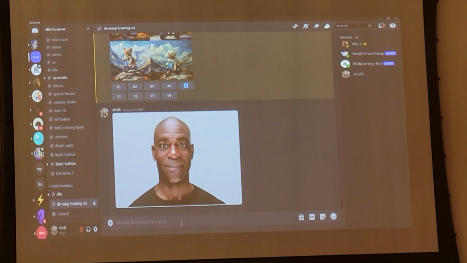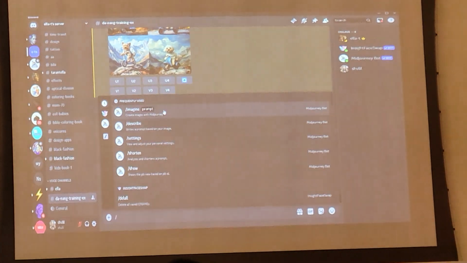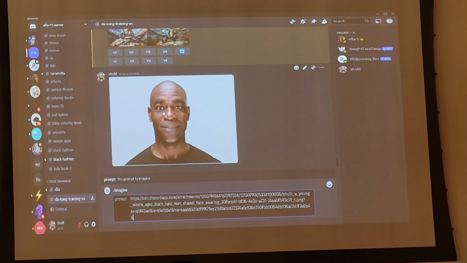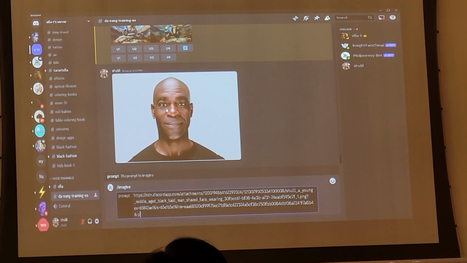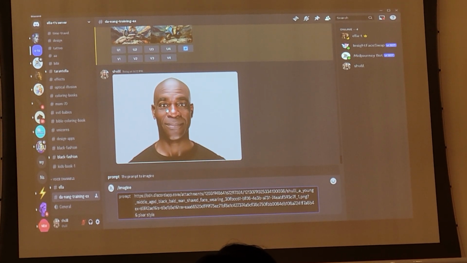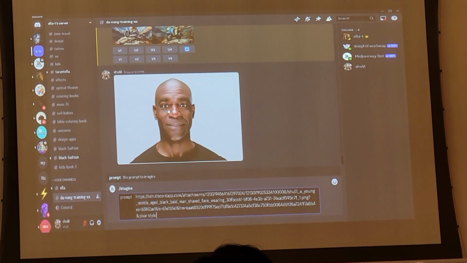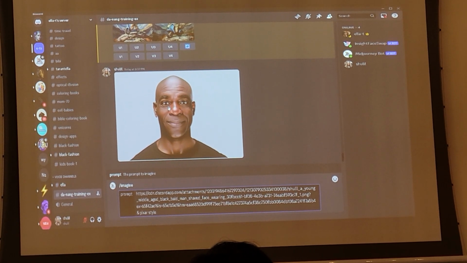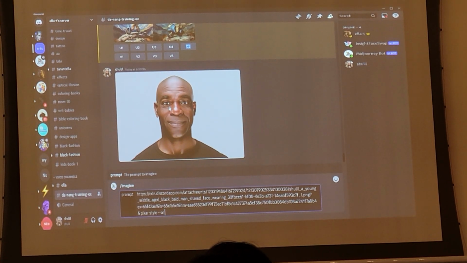Imagine, put the URL and animate it or something. Imagine, paste the URL, and now make it Pixar style. I can also here add the dash dash aspect ratio, and now I can change the horizontal picture to vertical. Let's say --ar, and I want it to